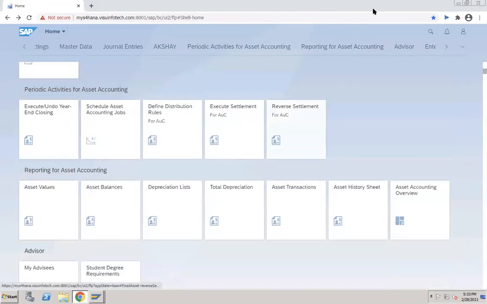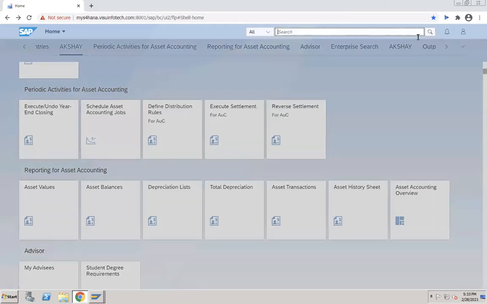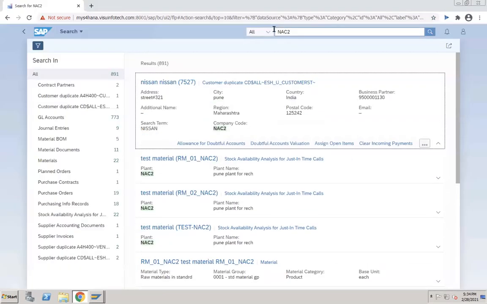Let's say our end user doesn't know anything, right? So what he will do, he will just search his plant. He knows only his plant, the plant code. He will search. Once he searches, or else if you want to create a purchase order, he will type inventory, whatever, right? If the search box is there. This is not available in GUI.